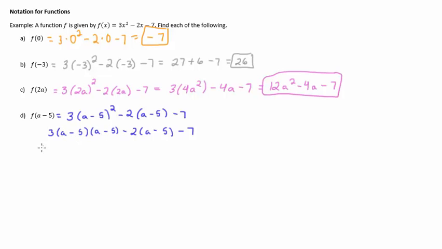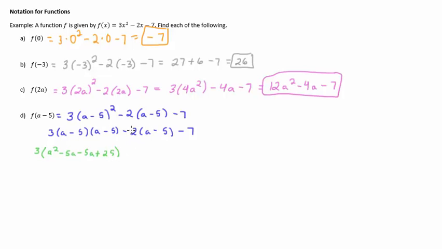So a times a, we're going to leave the 3 on the outside, a times a is a squared, a times -5 is -5a, -5 times a is -5a, -5 times -5 is +25,